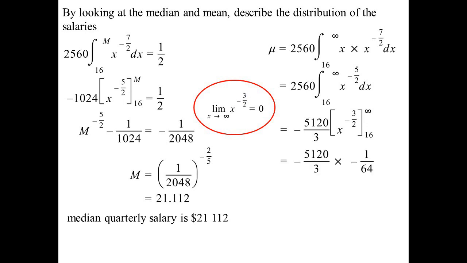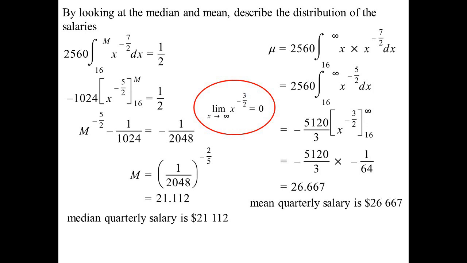So I could think of it as, when I substitute in infinity, I'd get 0. So therefore, it's just minus 5120 over 3 times, well, it'll be negative because it'll be minus when we substitute in the 16. So minus 1 on 64, we get 26.667. So the mean, again, we're talking thousands of dollars,